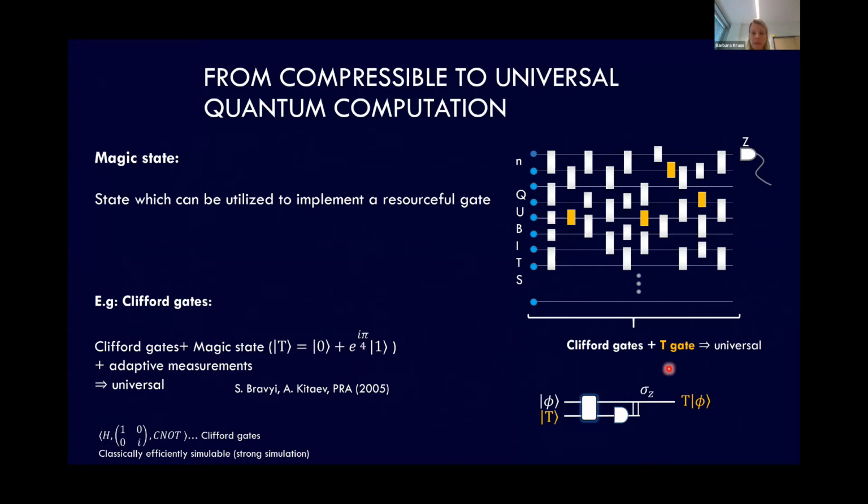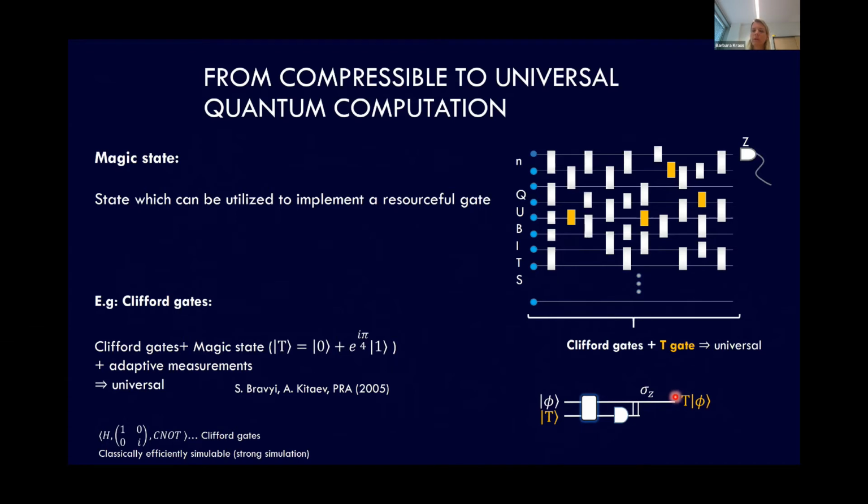Now instead of adding this T gate, so instead of having to apply it at different places in the circuit, what has been shown many years ago is that you can use a single-qubit state, the so-called T state, that is of this form. If you want to apply a T gate on that system, in whatever state it is, then you can entangle it to your auxiliary state. You make a measurement of this auxiliary system, and depending on the outcome, you apply either the identity or sigma Z. In this way, you can show that you can deterministically realize this transformation.